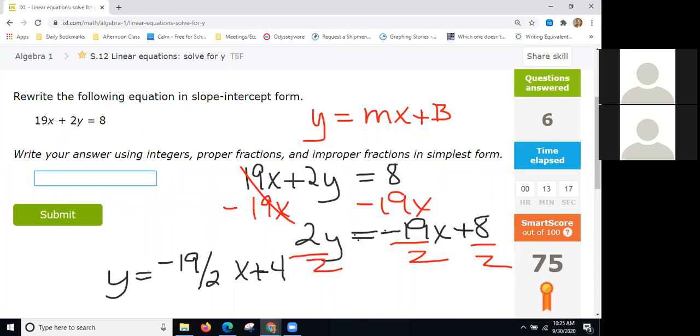And that still looks messy, but a slope that is a fraction is not a big deal. I would just be going down 19 and over 2. I'd need a really big graph, but